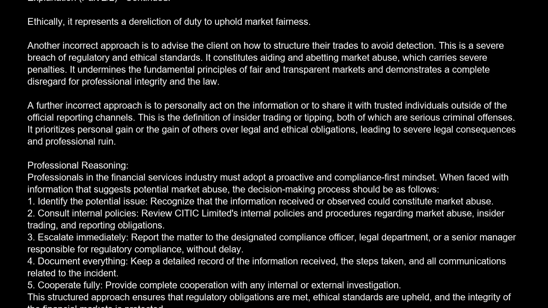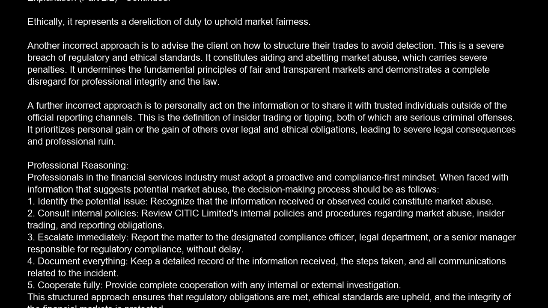Another incorrect approach is to advise the client on how to structure their trades to avoid detection. This is a severe breach of regulatory and ethical standards. It constitutes aiding and abetting market abuse, which carries severe penalties. It undermines the fundamental principles of fair and transparent markets and demonstrates a complete disregard for professional integrity and the